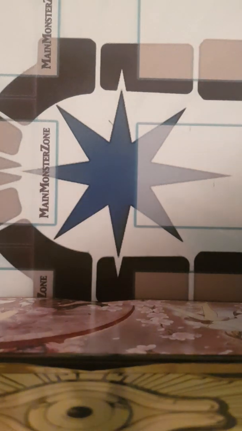Next one is probably going to be D-Shield or D-Time. If an Elemental Hero monster you control leaves the field, add 1 Destiny Hero monster to your hand. So it's basically just so you could set this face down, then you can